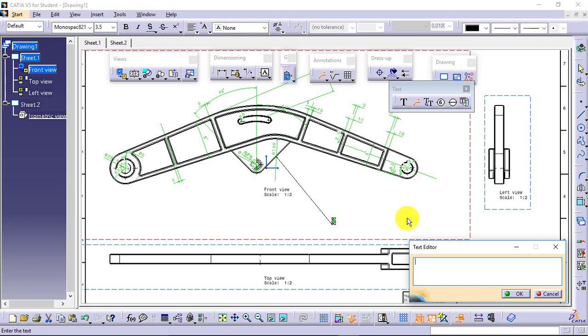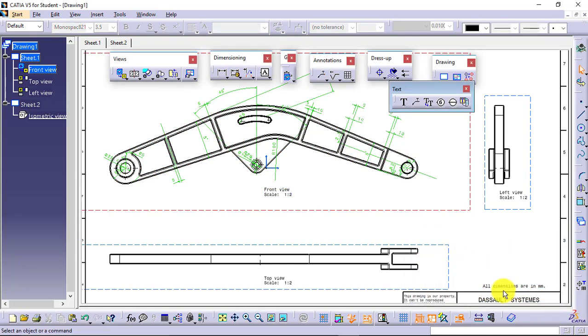When it is aligned with the view, if you shift your text or your view, the text will automatically be shifted. But in the previous case, the case was not the same. When I am applying the text without leader and that too not aligned with any of the views, I can separately control the text. It will not be aligned with the view.